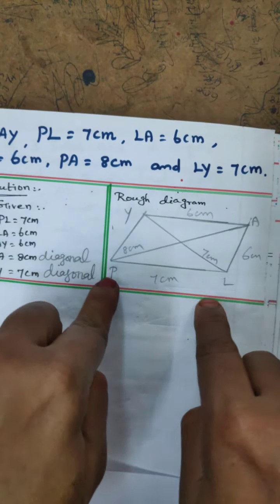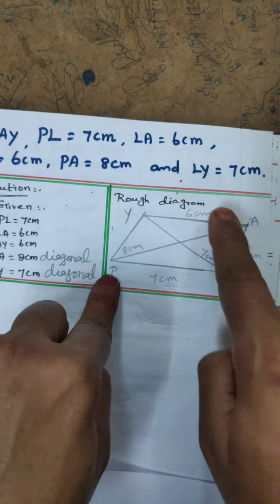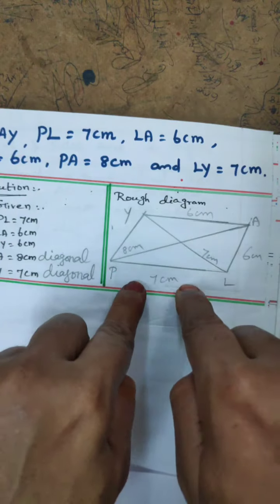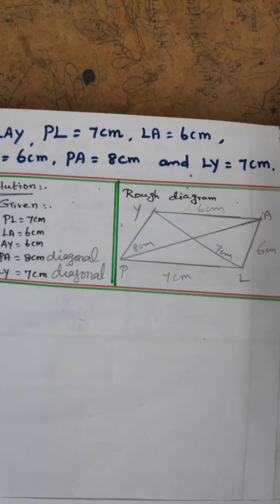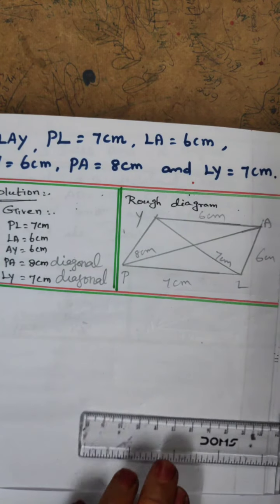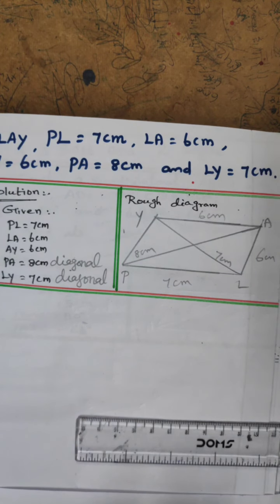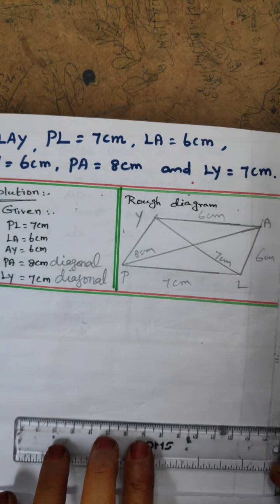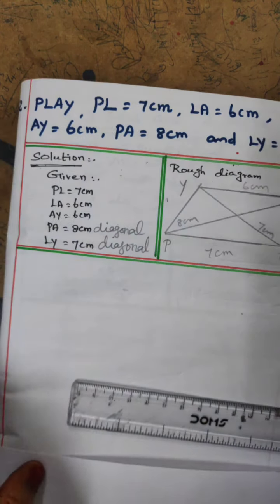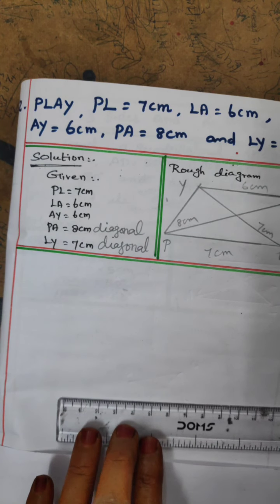First this work is over, after all the points check whether the centimeters are right or not. Whatever they have given, first you write it. Next you draw the diagram. First you measure how many centimeters are given. PL equal to 7 centimeter. See there and do it correctly.